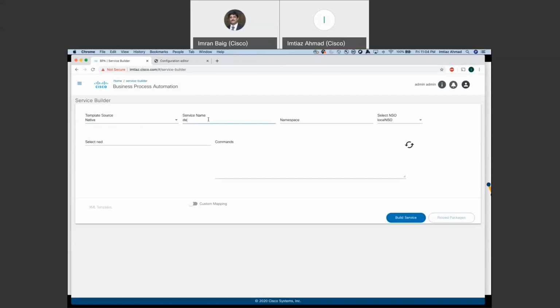So let's say developer days as the package name. And as you know, when you create an NSO package, it will automatically generate a namespace for you, like example.com or something like that. We can always use that, but we're going to let the user choose the namespace. I'll say nso.cisco.com just for the demo purpose. And once we give these two inputs,